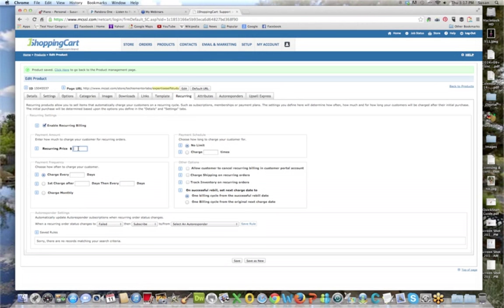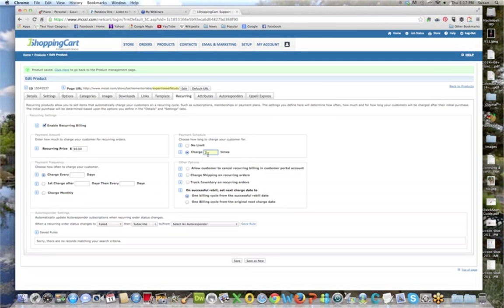A lot of times when you are part of a membership program, this is what they're doing. It's setting up a payment plan, right? And it just continues to either go and churn until you cancel it, or when you set a limit. So let's just say for this one, I'm going to recur $69. No limit means there's no limit, which means you have to physically cancel it yourself or tell us and we'll cancel it for you. Or if you want to charge a specific number of times,